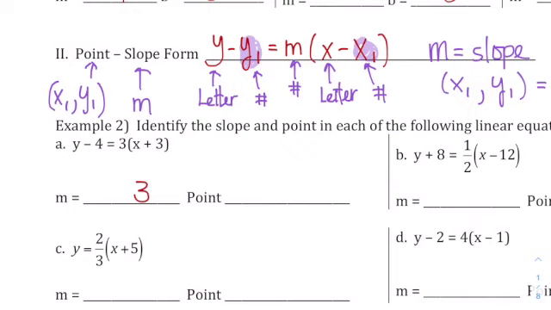And notice there's a positive 3. It's going to be a negative 3. Just switch the sign. So that's going to be a negative 3 and a positive 4. In this case, what you're going to do is extract the number and change the sign. And the reason for that is, I hope you guys understand,